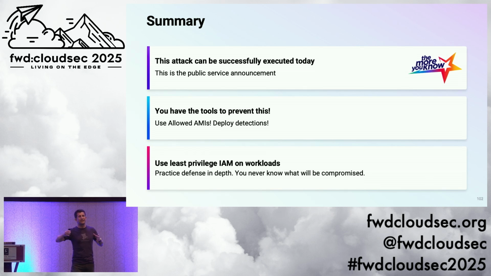We often think, well, it's going to be the EC2 instance that's public that's going to be compromised, so we need to look at that one more carefully and not give that one too many permissions. But hopefully this research breaks down that assumption, and now you can realize any of your EC2 instances, any of your workloads could be compromised at any point, so just use the principle of least privilege. And the best way to do that, I have found, is through infrastructure as code.